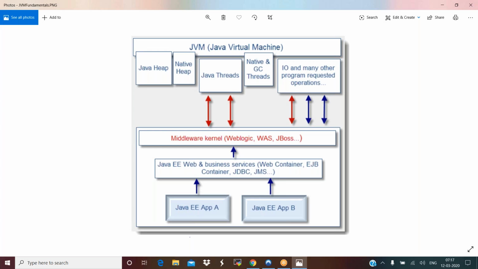So there is no straight answer like this many users will be handled by a thread. When we talk about concurrency and multi-threading, the multi-threaded concept in Java,